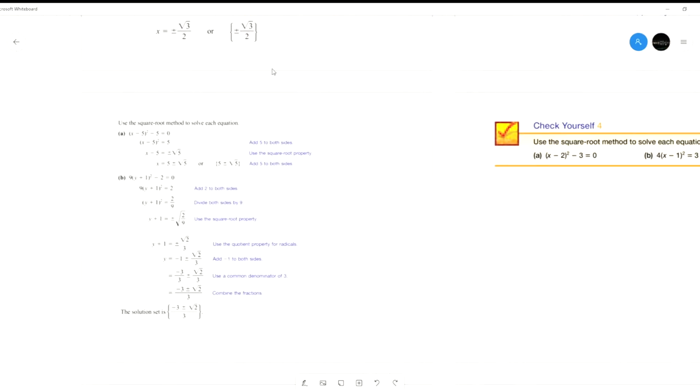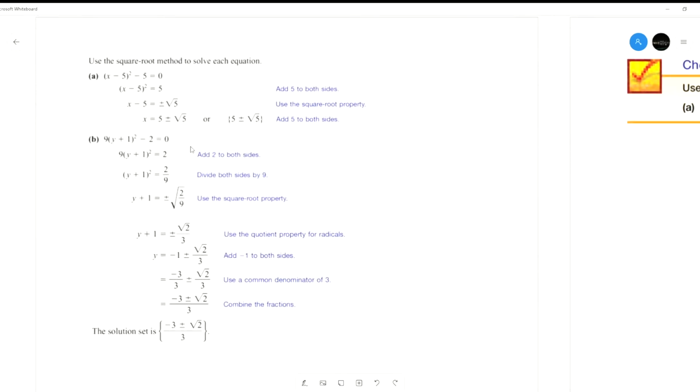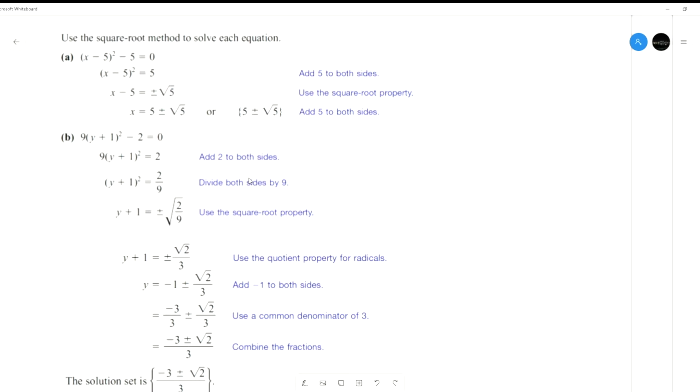Alright, let's move on. We're going to do the square root method or property for something a little more complicated. As you can see here, we have the problem the quantity of x minus 5 squared minus 5 equals 0. So I'm going to actually write that over here on the right hand side and do it as I explain it. So you see how this is a quantity squared with the x inside the set of parentheses? So we have to isolate that first, right? Any term that doesn't have x, we're going to move to the other side. So now we have x minus 5 squared is equal to positive 5,